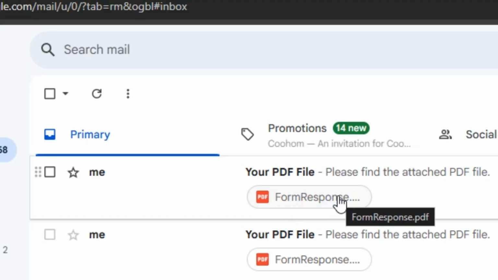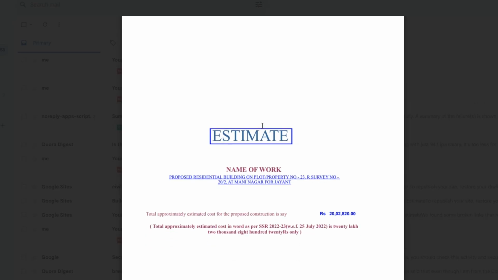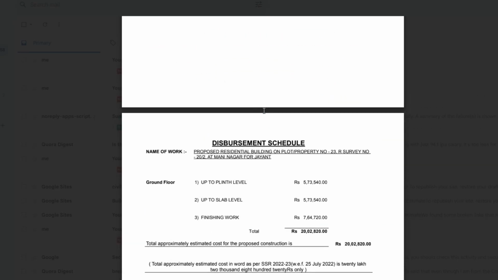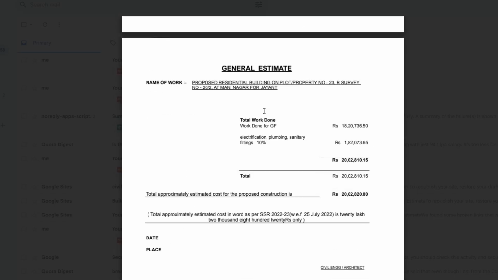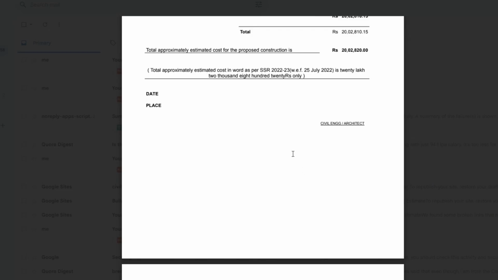See our email file. Here, first page, it is sample letter pad. You can paste here your logo. There is a second page. You can print this page on your letter pad. Face page. Now disbursement schedule is there. General estimate is there. Electricity, pumping, all are present.